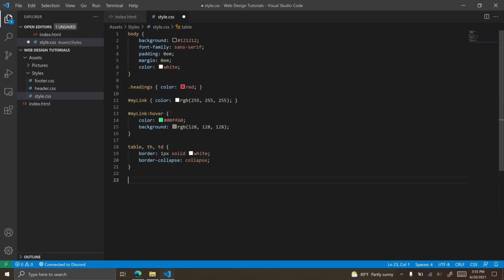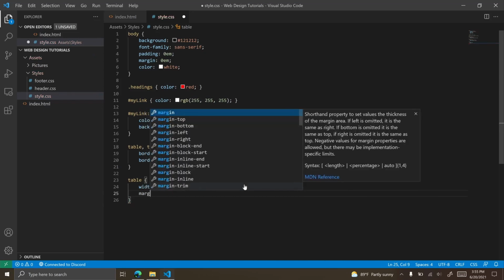So then we want to do table, and we want this to be bigger. So width 90% and margin